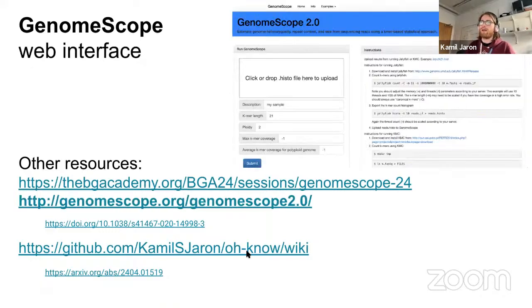And one I would like to highlight here is this GenomeScope online environment where you can just simply drag and drop k-mer histograms and it will just give you the plot, and it's that simple. And I would say Smudgeplot is a tool that is very useful, but it should not be done without GenomeScope. They are coupled. I'm stopping by GenomeScope just because it's step number one. You should always start with GenomeScope, and looking at Smudgeplot is step two. But I will not go into detail about that.